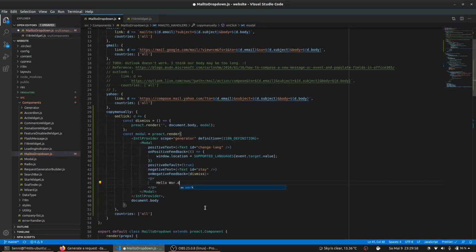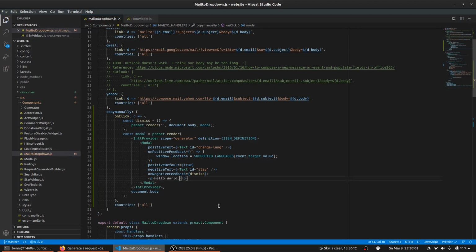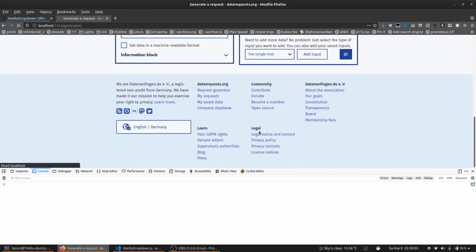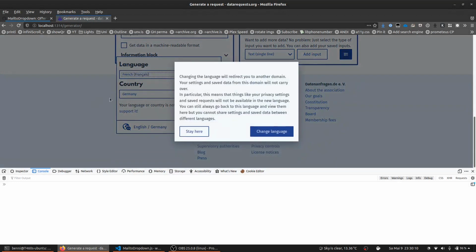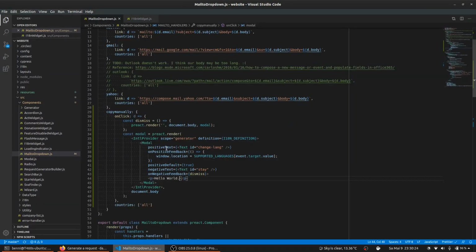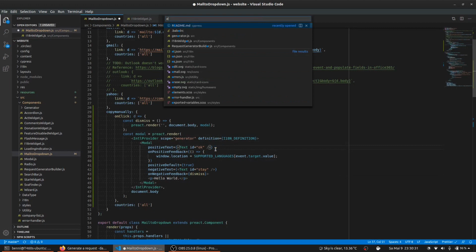let's just set the text to hello world for now. We can provide both. Let me show you quickly. Wasn't a good idea to save, so that's what the modal looks like. This is what we call the positive button with a positive text, and this is the negative button. So in our case, we don't need a negative button, we only want an OK button that dismisses the modal, so let's implement that. Positive text is going to be text OK,